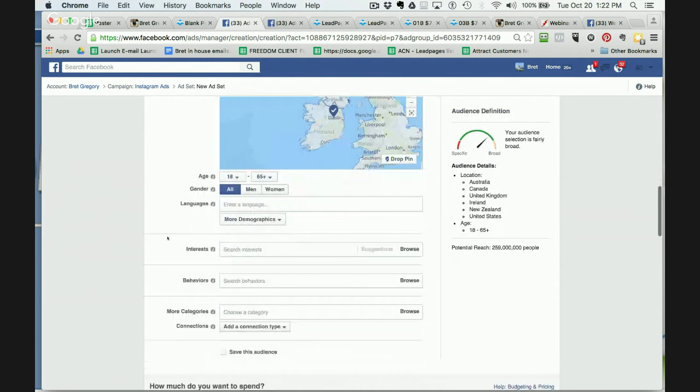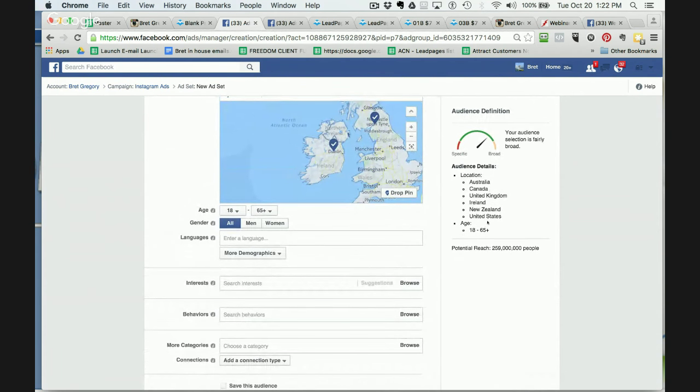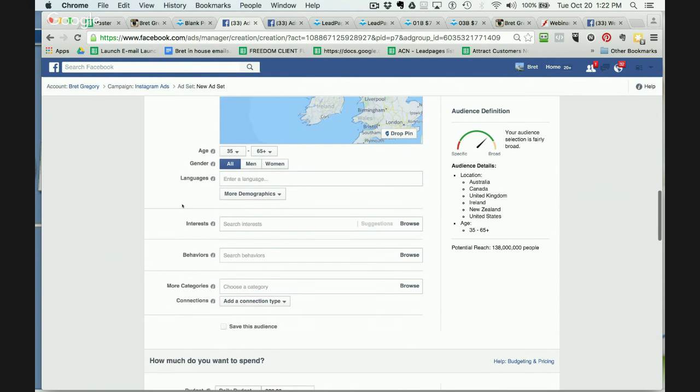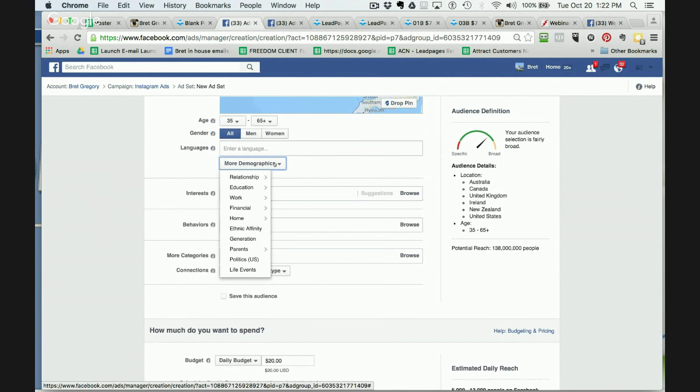There's all kinds of other ways to target people, but I'm starting with these countries where we have had the most sales of our information products. Then we're going to narrow it down. I like to narrow it down based on some simple customer demographics. I'm going to start with people over the age of 35. The countries are all English-speaking countries, so I don't need those particular demographics. But there's some really cool stuff you can do in here. You can go in demographics and filter by what kind of relationship they're in, their education. If you only wanted to target people college or above,